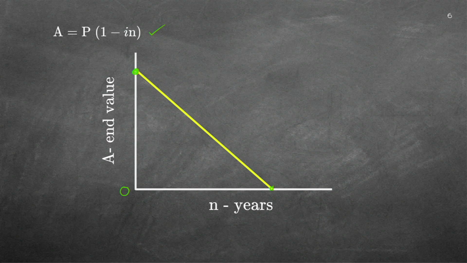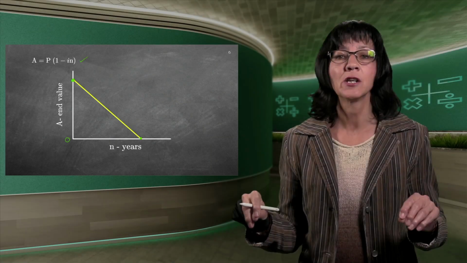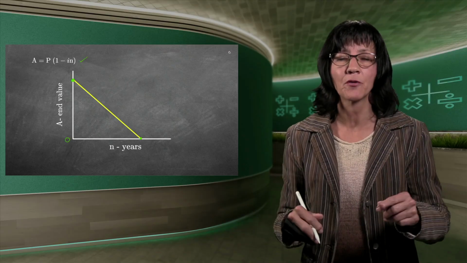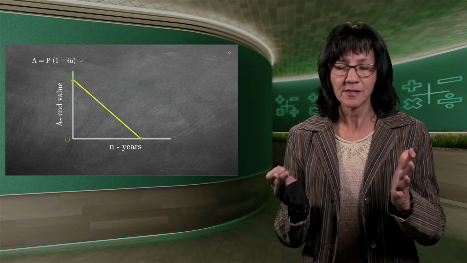It wouldn't be a car. It will be smaller items like furniture or a computer. And then in the end, the value will be 0. So on the y-axis, we put the end value, what it's worth. We depreciate until at the very end it's worth nothing anymore. And then the bottom line is always your years. Don't ever swap that around if you have to draw the graph. This is how we do it.